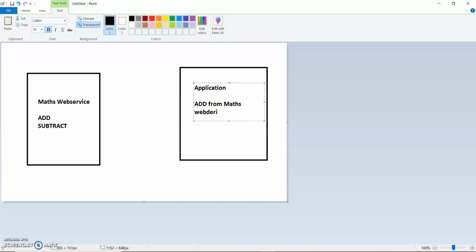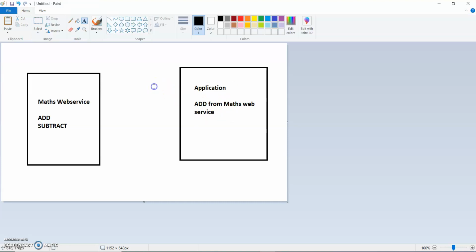So first thing, I am using a SOAP request. So I raise a request to the maths service. Okay, I need to use the add method, right? And the parameters which are used by add, I will pass in this request. So this is my request.